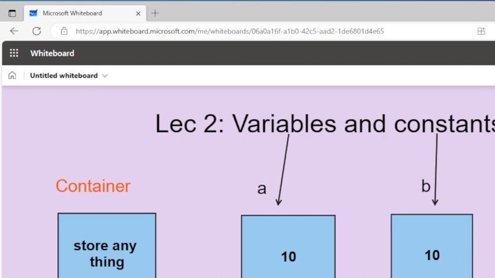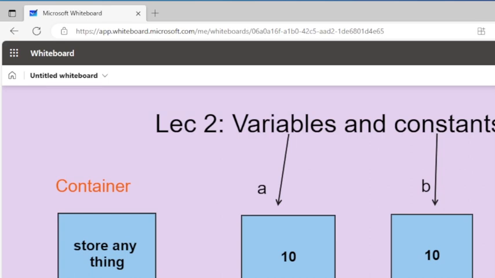I think everyone is familiar with something called pi. The value of pi is 3.14. So that is a fixed value. Whenever we want to use a particular value which is going to be fixed